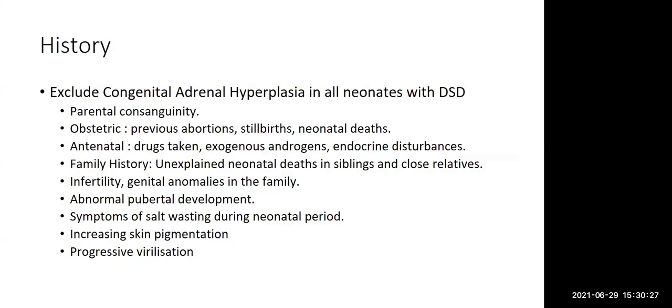For the history, of course, as I said, you have to remember that the commonest cause, and it is a neonatal emergency, is congenital adrenal hyperplasia, which we must exclude. In history, you have to ask about parental consanguinity and the obstetric history, with previous abortion, stillbirth, neonatal death, because patients who have this congenital abnormality often have this kind of history. And then antenatal history, where the patient had exogenous androgen or any endocrine disturbance that can further cause problems in the development of sexual function. Okay, and then family history of unexplained neonatal death in sibling and close relative, infertility or genital anomalies in the family, abnormal